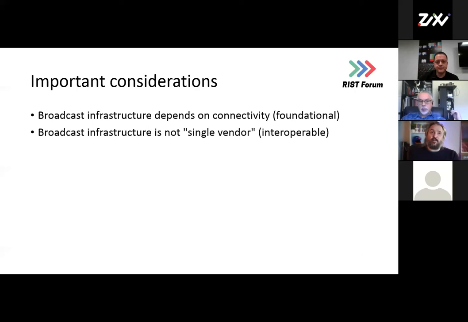When we build out broadcast infrastructure, if you walk into any broadcast infrastructure building today, you're not going to see one vendor ubiquitously deployed. There's going to be equipment from multiple different vendors, and that's good and that's healthy, right? I think that's actually a really good thing. But in order to do that, we need to make sure our customers aren't thinking about data plane connectivity and interoperability when they're choosing the right tool for the job.